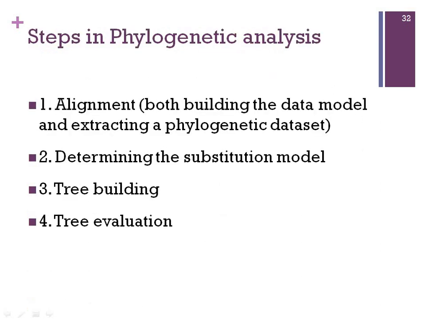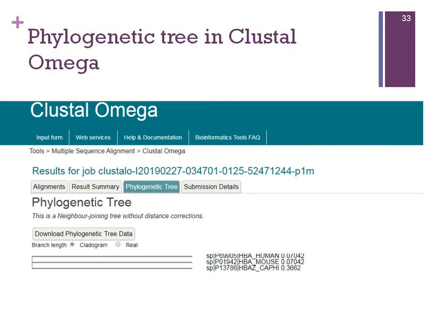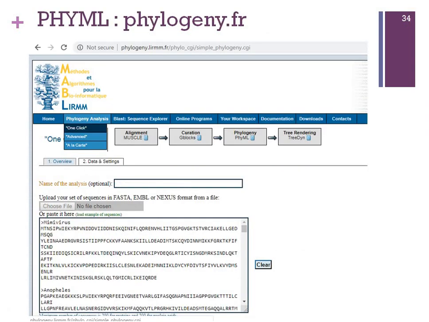Now, the steps involved in phylogenetic analysis: we have to begin with multiple sequence alignment and use substitution models to build the phylogenetic tree. Once the tree is built, we can use different methods to evaluate whether the tree is good or not, whether it depicts actual relationships to a certain degree. Again, Clustal Omega is a very useful tool at EBI because it can also generate a phylogenetic tree along with multiple sequence alignment. Other than Clustal Omega, there are several other tools.